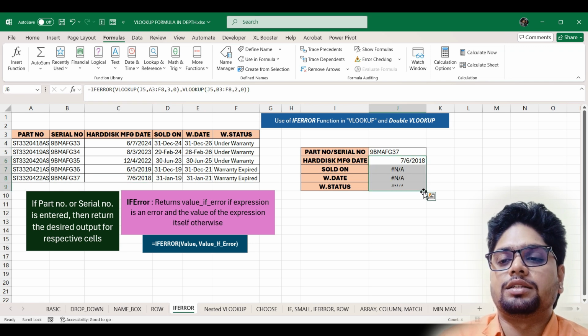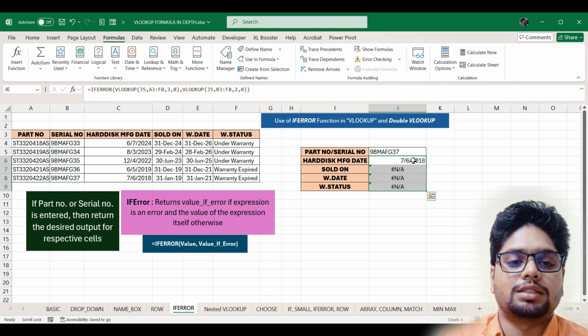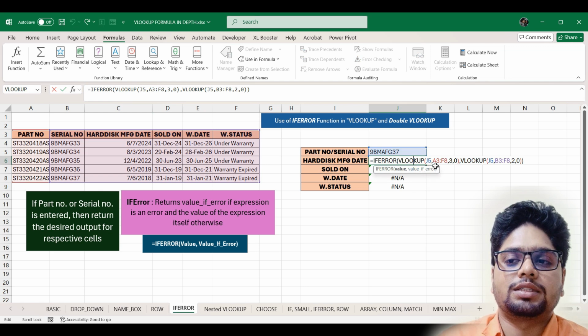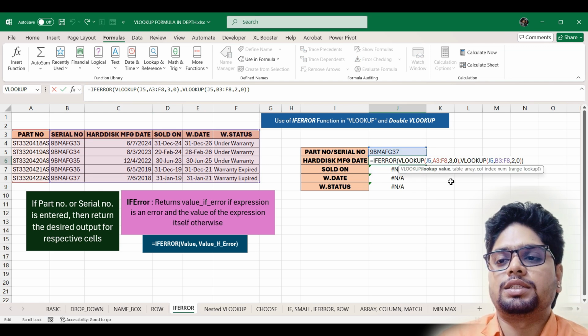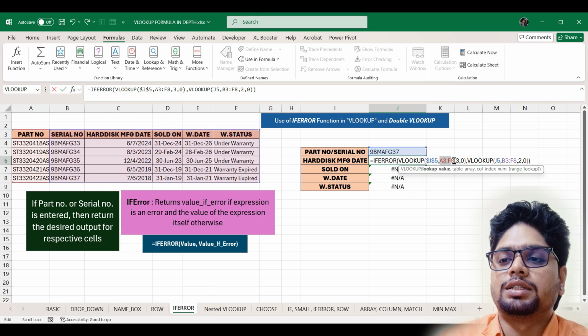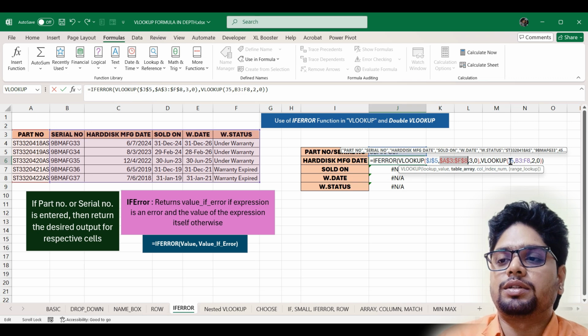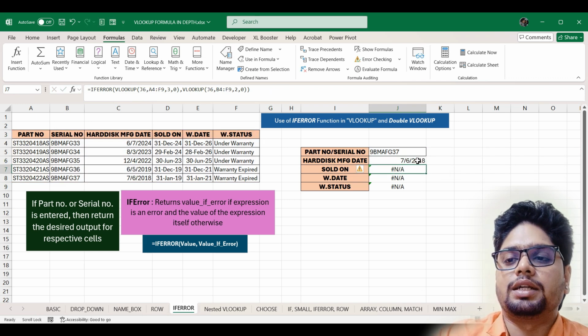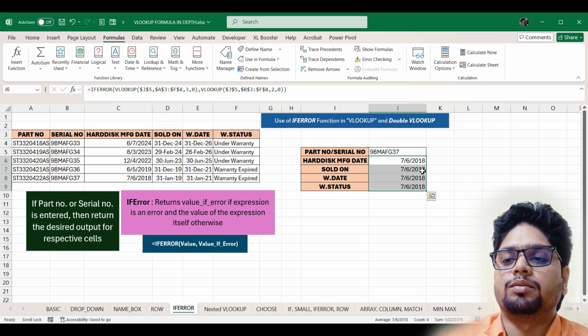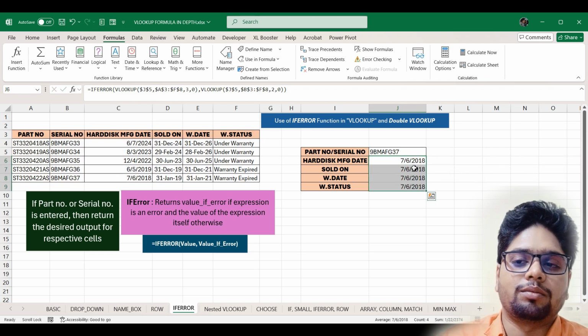So now if I drag this one below, you can see there is an error coming because the cell references are not fixed. So we'll fix this cell reference by pressing F4. Select this range, press F4 again. In this VLOOKUP also press F4, select this range and press F4. Now press enter. And now if I drag this one below, you can see everywhere the same thing is coming because of the